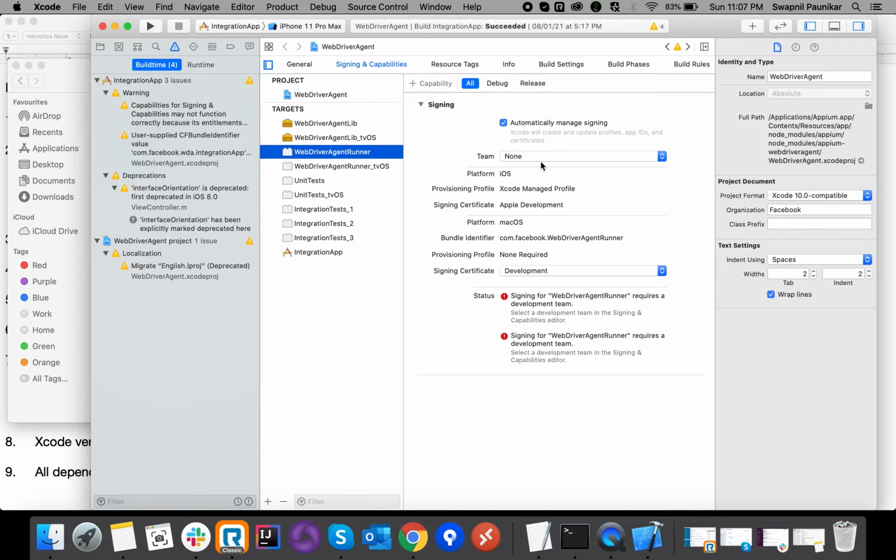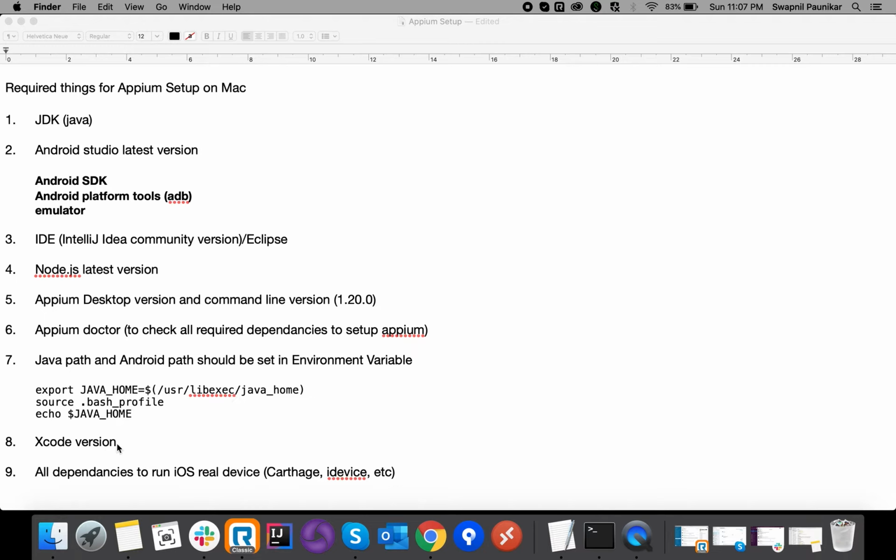As of now, after downloading Xcode, this thing should be there as a part of the Appium setup. I'll just close it for now. So the Xcode part is done, guys. The last one is the other dependencies required to run on iOS real devices, like Carthage and iDevices.